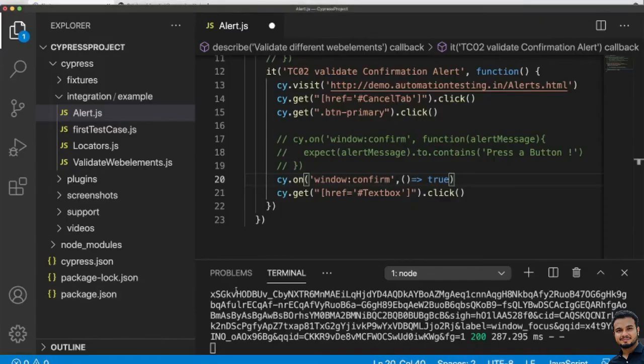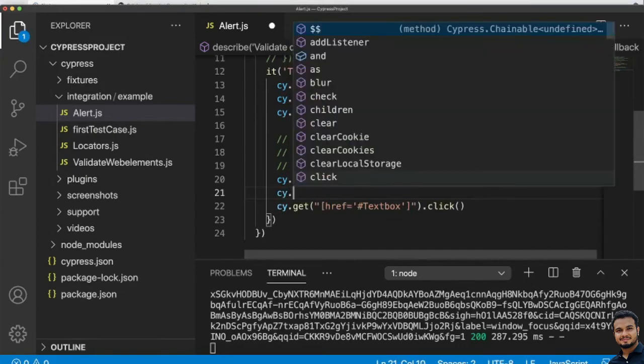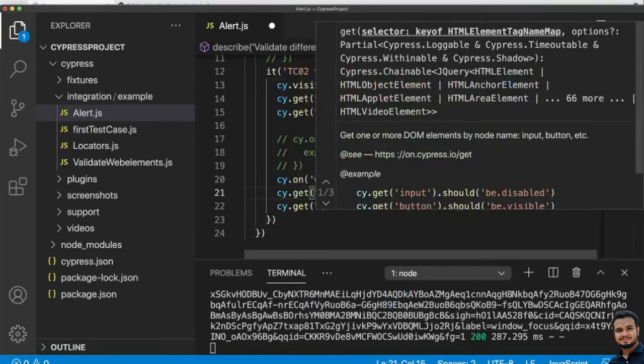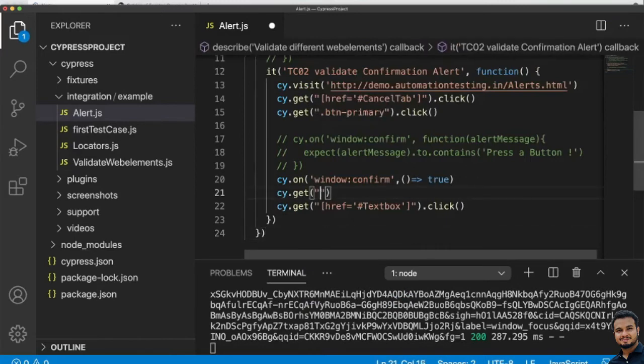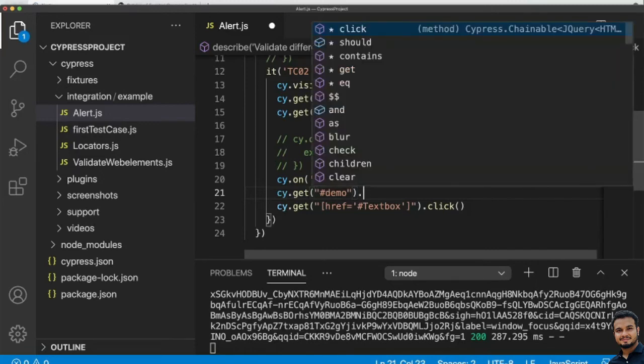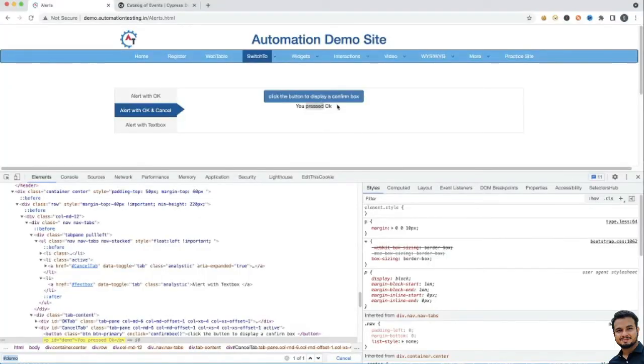So let me capture this, and what will we write here, cy.get, then here we will write the locator, and then you want to fetch the information, right? Contents, and what you want to check here, contents what, the message. What is the message? You pressed OK.